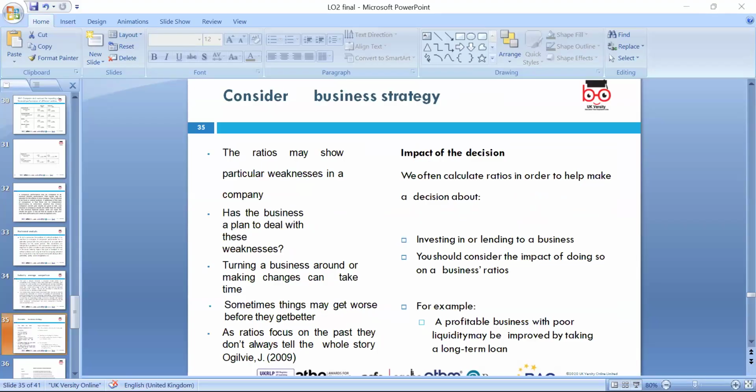We need to look at the business strategies. Maybe we can draw and make the strategy, like cost leadership, differentiation, cost focus, according to Porter's generic strategy. So we can think about what the future holds. It is always good, if you download any company's annual report, that they indicate what their future plan is, because financial and non-financial information is very important in making the decision. So that can be argued in your assignment.